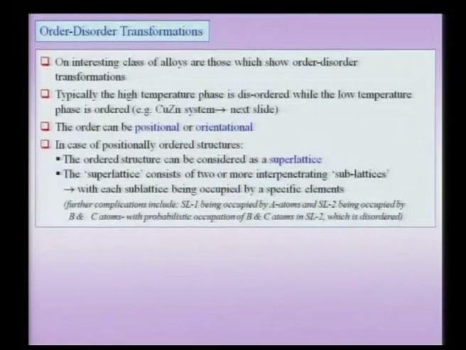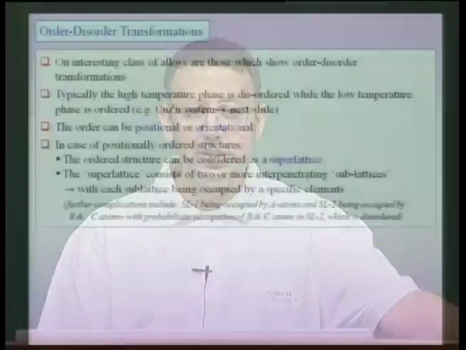In the case of positionally ordered structures, we have already seen that the ordered structure can be called a superlattice, and the superlattice can consist of more than one interpenetrating sublattices, and typically each one of these sublattices is occupied by a specific element. So, we have already seen that you could have one sublattice, two sublattices or more sublattices, and we also noticed when we took up an example on the board that we could actually have two sublattices,